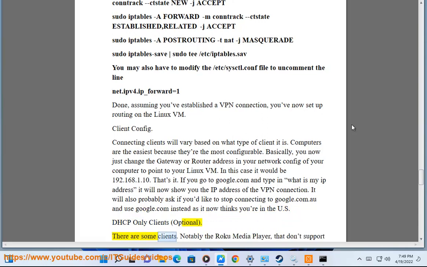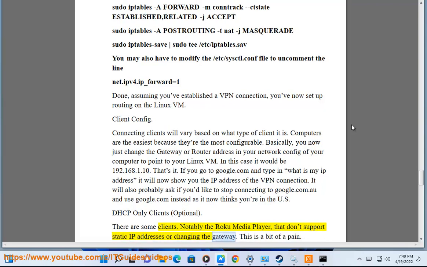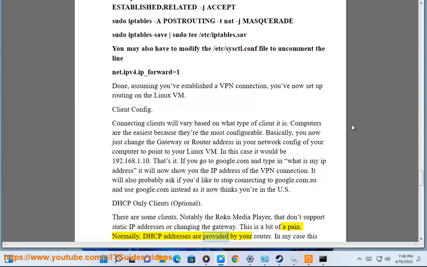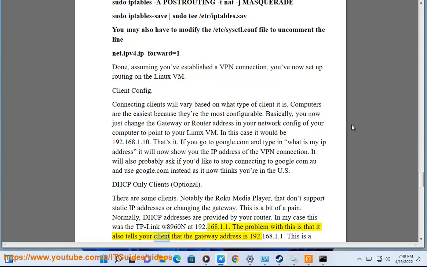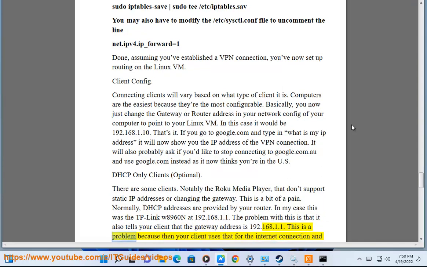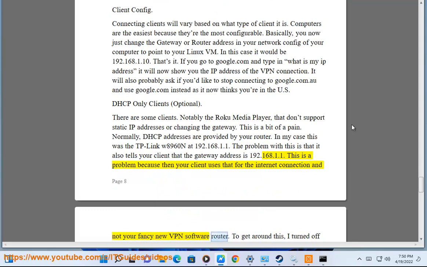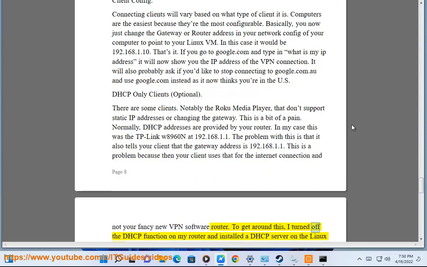There are some clients, notably the Roku media player, that don't support static IP addresses for changing the gateway. This is a bit of a pain. Normally, DHCP addresses are provided by your router. In my case this was the TP-Link W8960N at 192.168.1.1. The problem with this is that it also tells your client that the gateway address is 192.168.1.1. This is a problem because then your client uses that for the internet connection and not your fancy new VPN software router. To get around this, I turned off the DHCP function on my router and installed a DHCP server